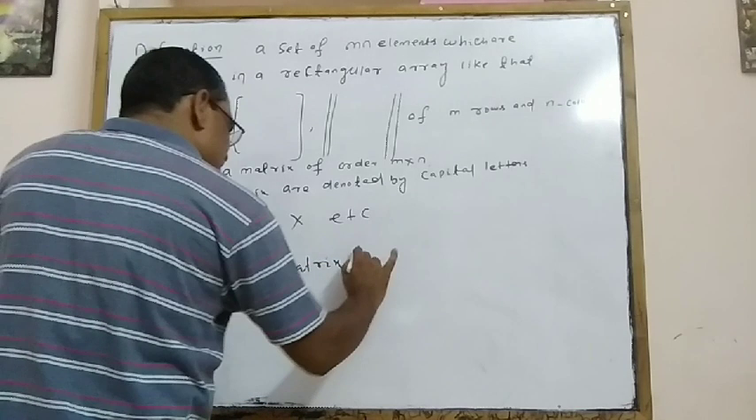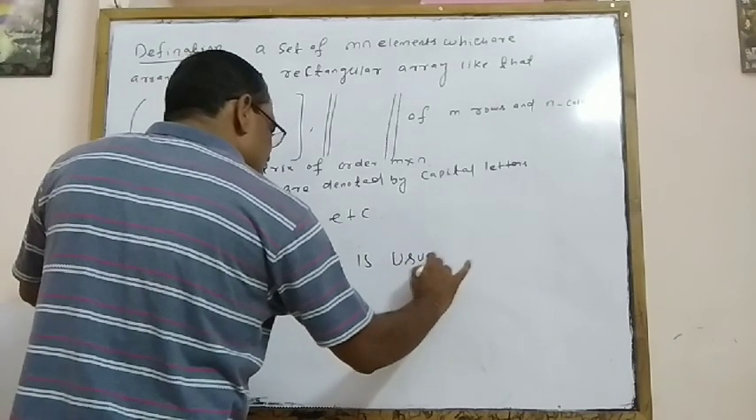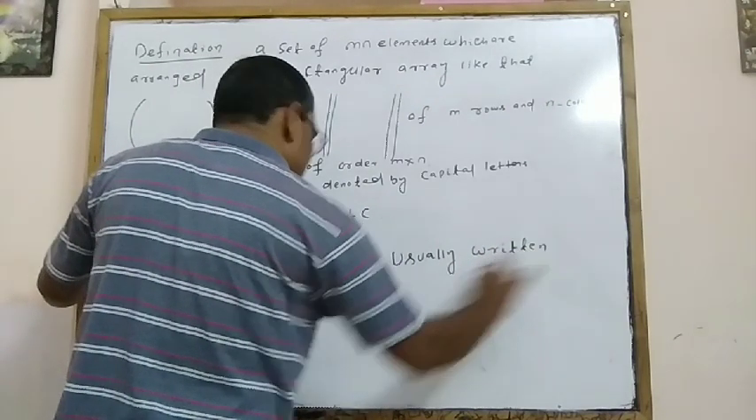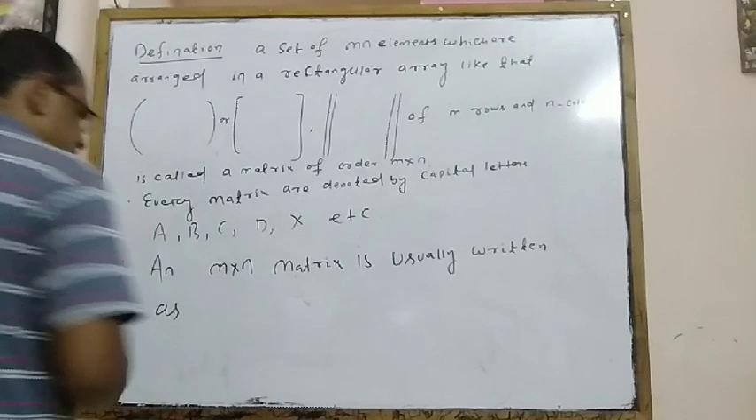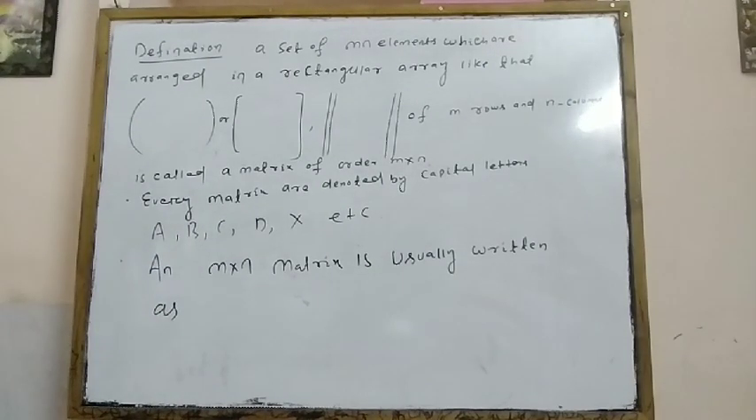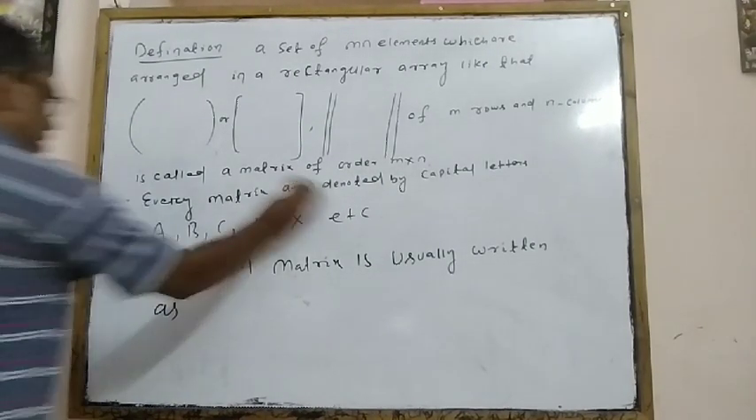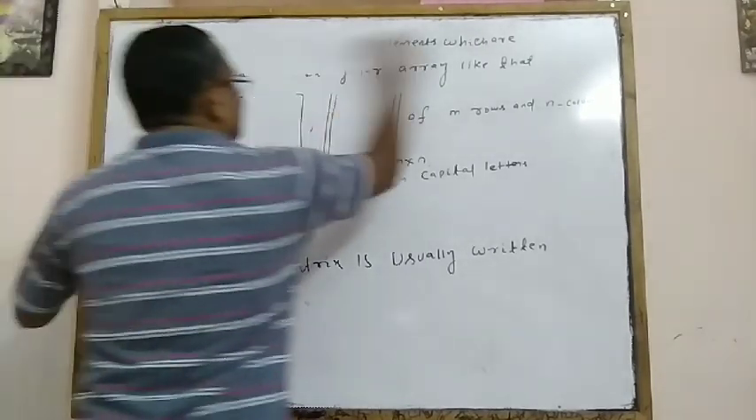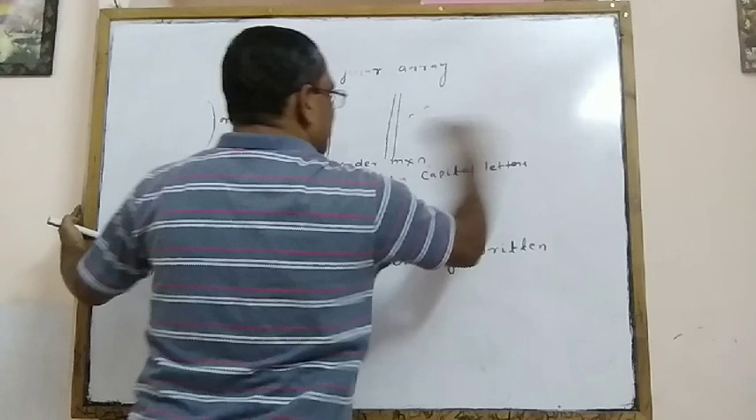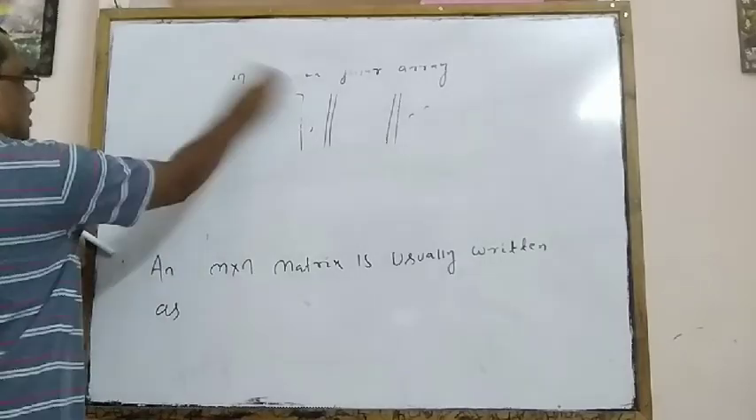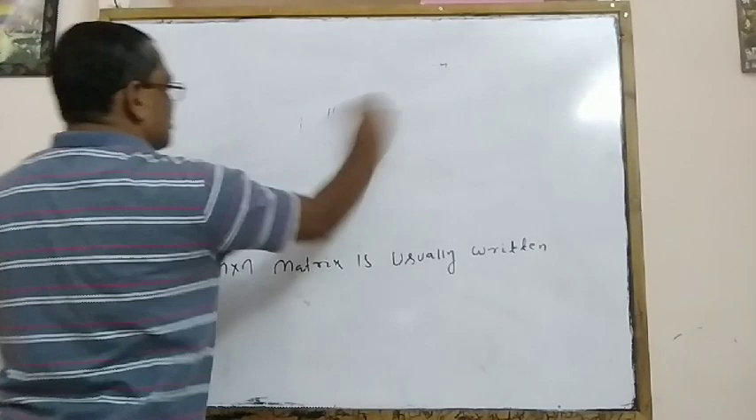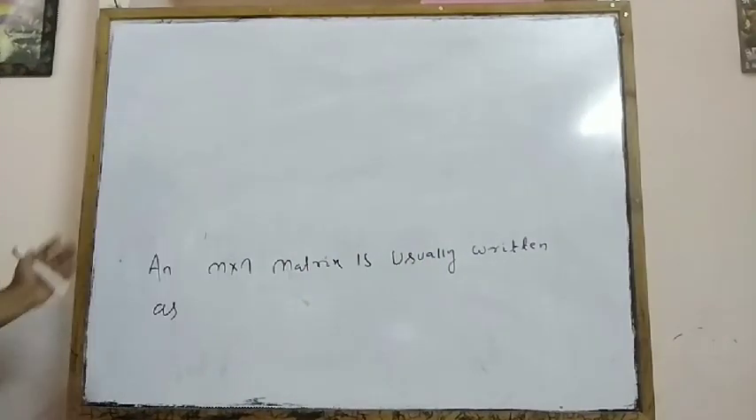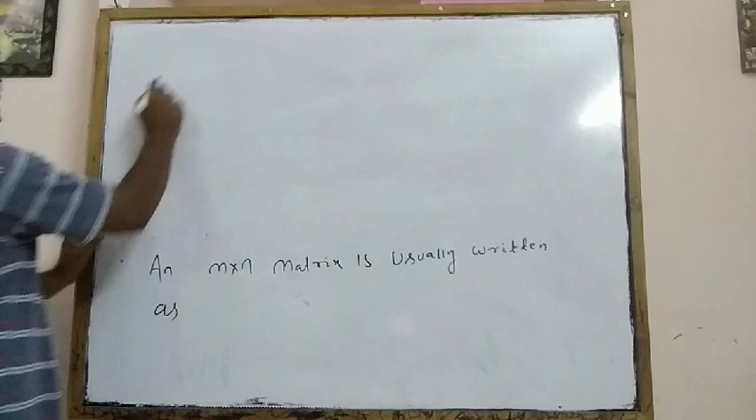An m cross n matrix, we usually represent by writing its expansion formula, and that matrix is equal to capital A equal to,